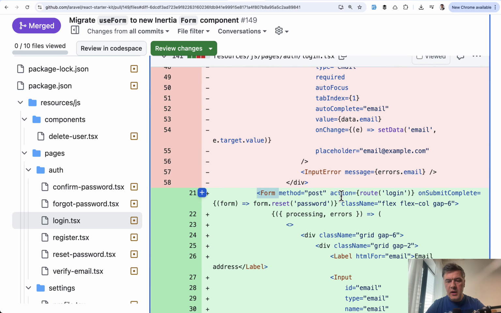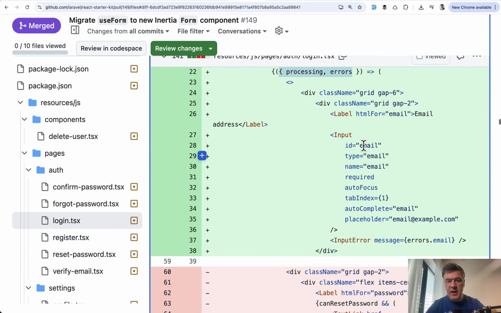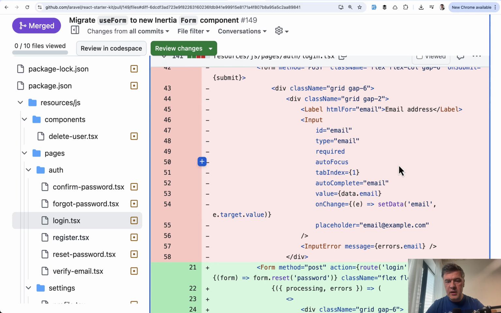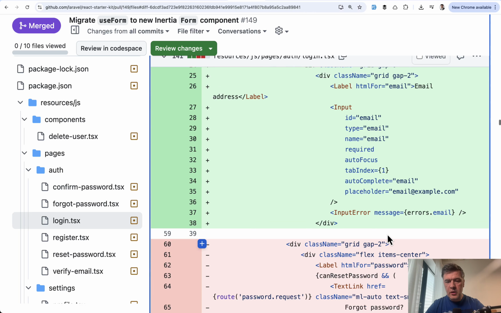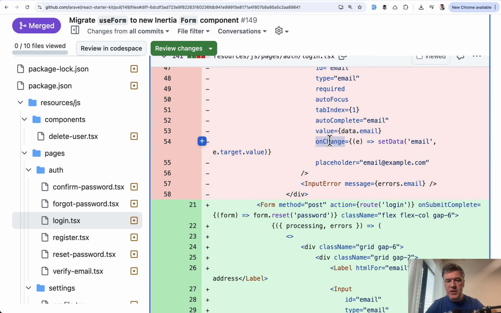Again, Form, action, and onSubmitComplete here, and also processing and errors props are here. And inside, the input has name email instead of what it had. The value data.email is not here anymore. And also no onChange setData. So yeah, similar change in React, both in the starter kits and again in our course that uses that starter kit. So I will link all of those changes in the description below, all the PRs